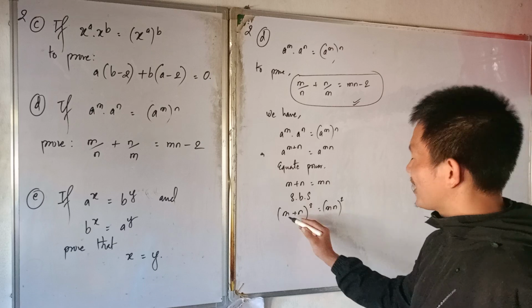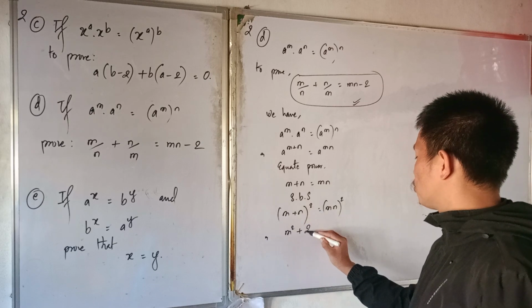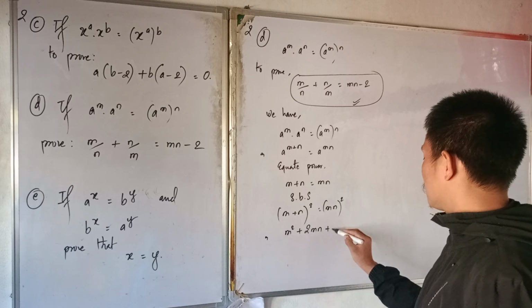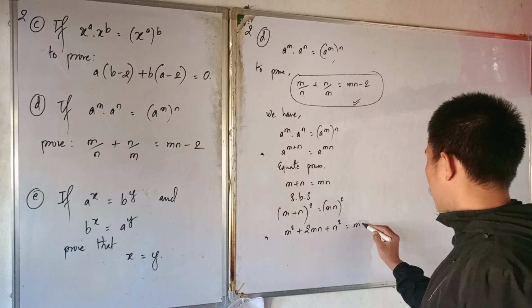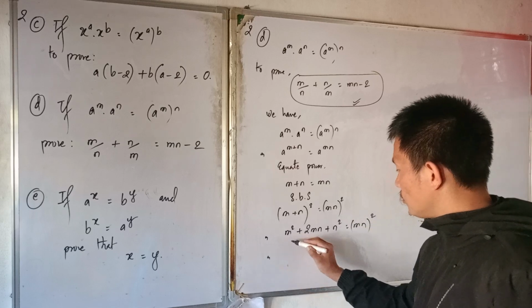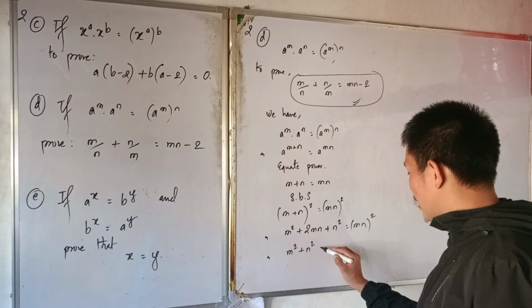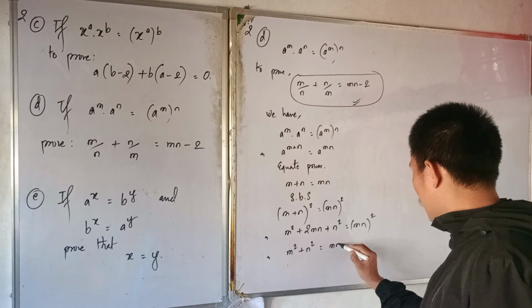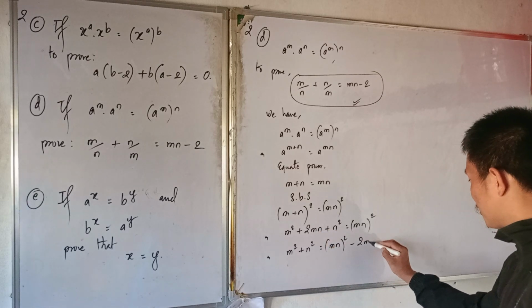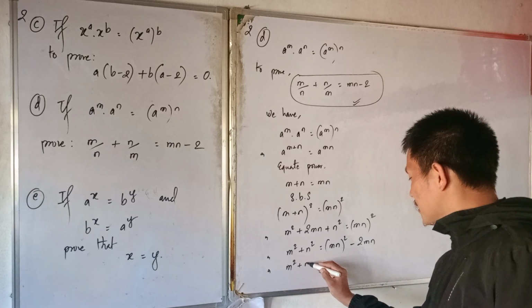Now expand this: m square plus 2 times mn plus n square is equals to (mn) whole square. Now write this m square plus n square here and move this 2 times mn to the other side. (mn) whole square, move this 2 times mn to the other side, or m square plus n square